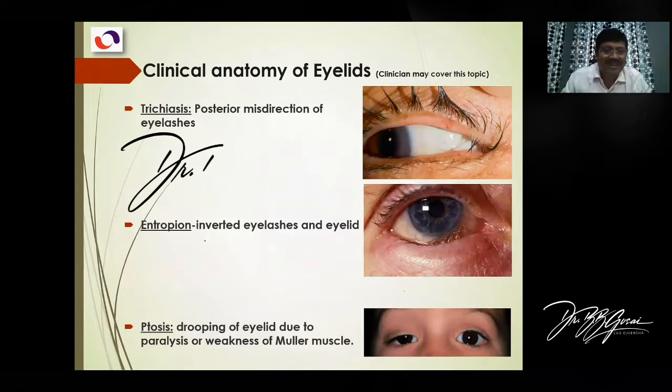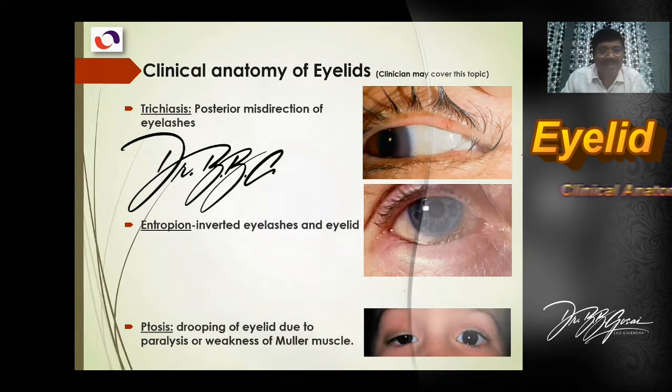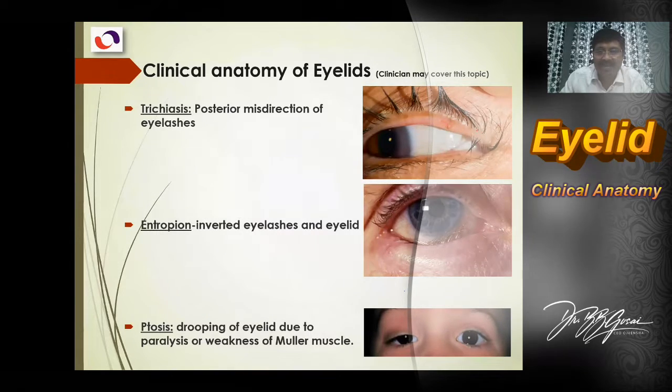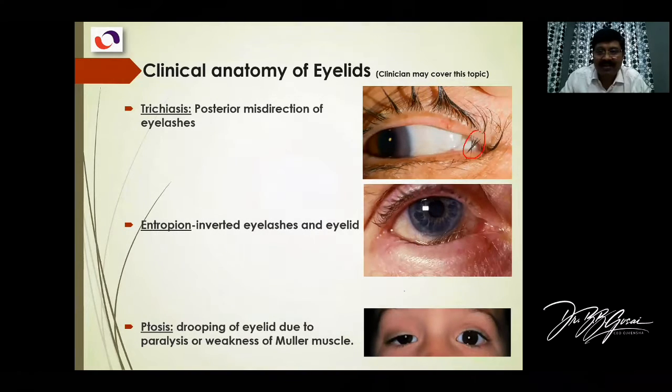As you can see, trichiasis is the condition of misdirected eyelashes. It should go outward, but it goes inward and causes irritation. Entropion is the condition where, as you see,